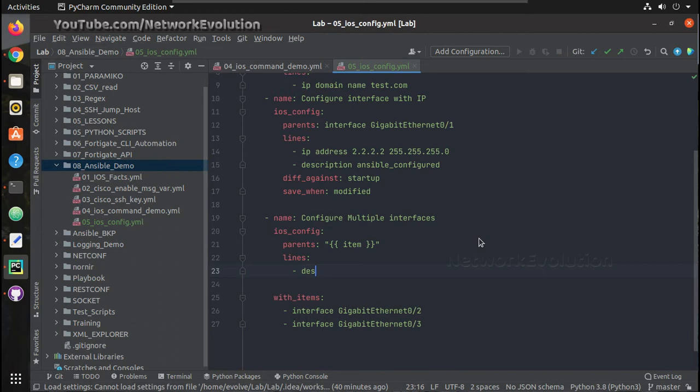We'll add some common description for these two. Backup interface, we'll add some description. Backup interface.